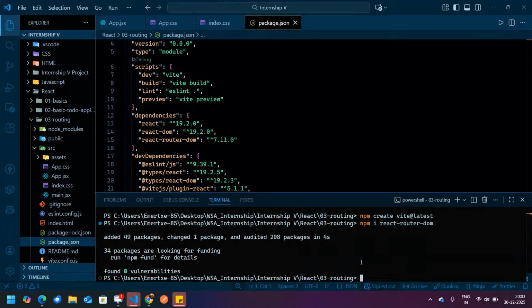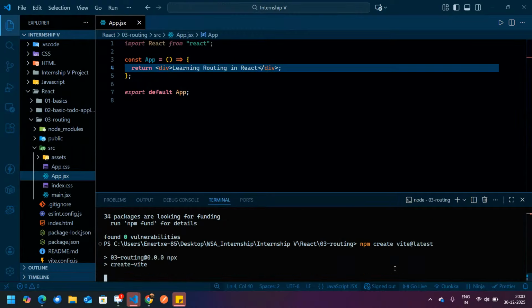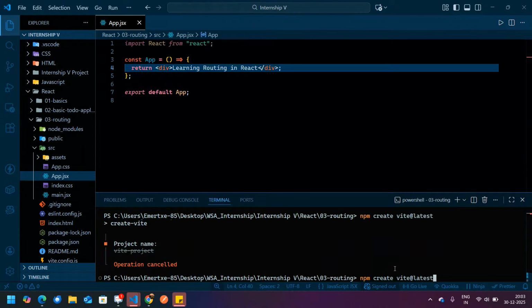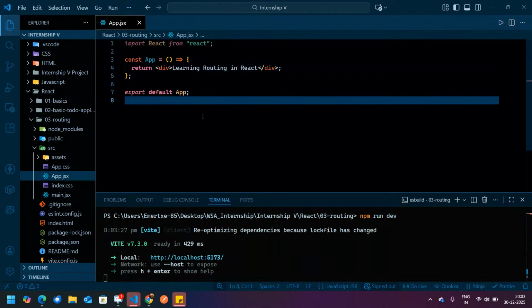Okay. Now let's start writing it. Everything will close. We'll again run this application with npm run dev. Fine, it is running. Now guys, what I told you, on some pages the HTML is defined. Whatever pages you want to show, on those pages you have to define your HTML. So first of all, let's write some HTML over here.